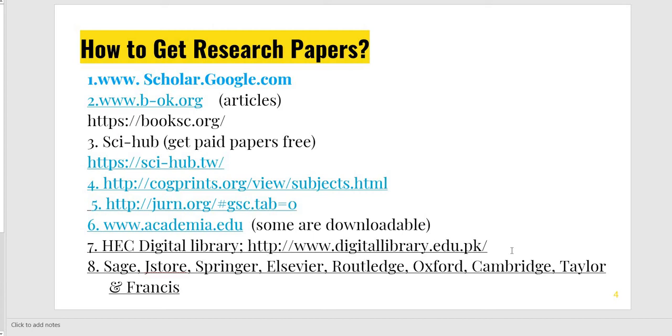HEC has bought many repositories of journals, and you can take different research papers from this source. There are certain publishers: Sage, JSTOR, Springer, Elsevier, Routledge, Oxford, Cambridge, Taylor and Francis. You can also go to their own homepages, and there is also a search option like the Google search engine. You will write your topic and you can find research papers regarding your topic, and that company has published those